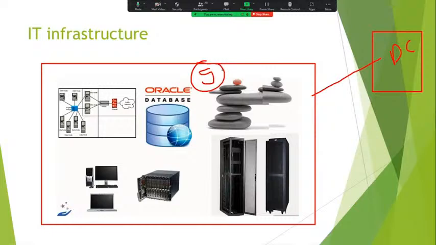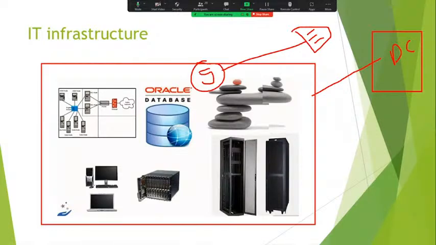To build 5 servers, what do we have to do? We have to verify whether space is available in the data center. Once space is available, we will rack the servers. Then we will start building all these 5 servers from scratch. So that is what a data center does.